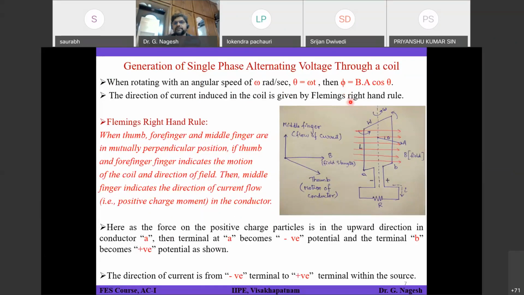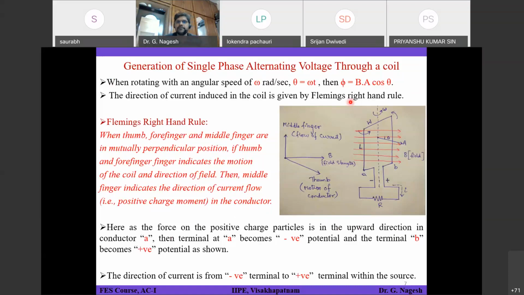Is it clear? Since the coil is not stationary, it keeps on rotating with respect to time in the anti-clockwise direction with omega radians per second. At different instants of time, different magnitudes of flux link with this coil. At one instant, the flux density vector B and the normal drawn to the plane of the coil are in phase, so theta is equal to 0. Then phi is equal to B into A, cos 0 is equal to 1. After 90 degrees of rotation of the coil, it will be cos 90, which is equal to 0, so phi will be equal to 0.